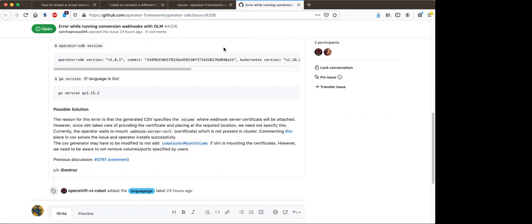So OLM currently injects the certificate in the volume mount location where the cert manager injects it. OLM currently doesn't have a way in which we specify the location that it injects in, or specify the name of the secret and it names the secret in a similar way.